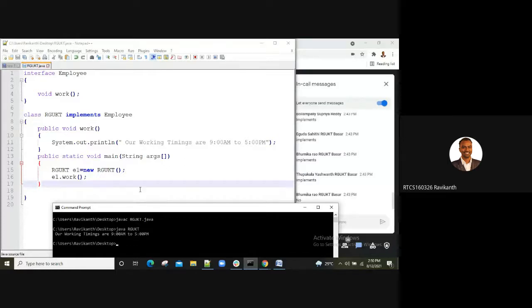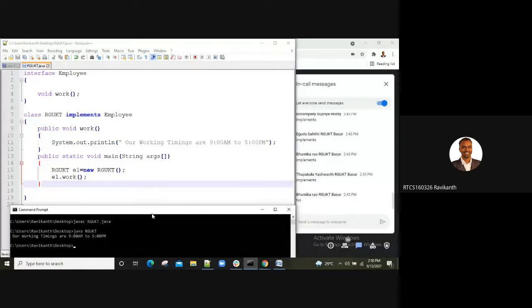Yes, guys. Hope you are able to understand the structure, how we are going to work with the interface concept. Later on you can add some variables to it, some more methods to it, and then write their functionality in your class. You can create an addition program, subtraction, multiplication. You can just take a task and create an interface called calculate.